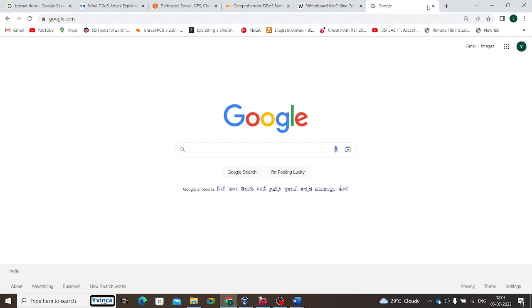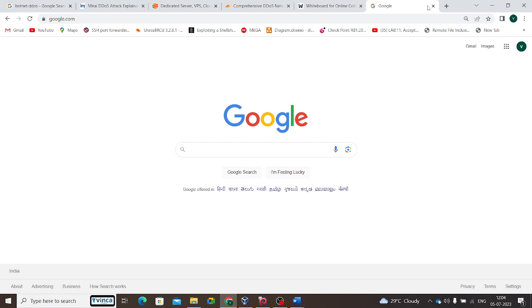But if I'm sending requests from multiple systems very fast and frequently, the Google server might respond slowly because it wants to give a reply to all of them. It wants to answer every request, but the requests are too fast and too many, so the Google server may get confused about whom to respond to first, and the performance may go down.